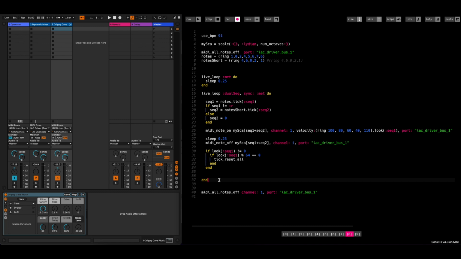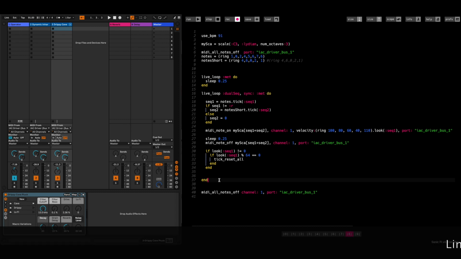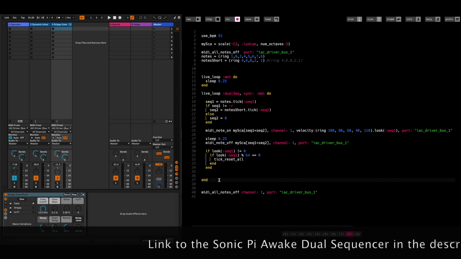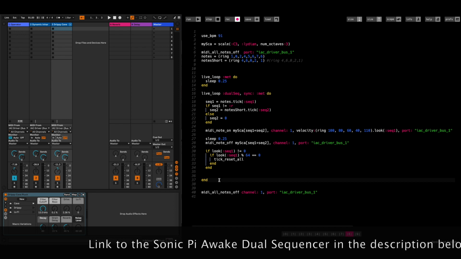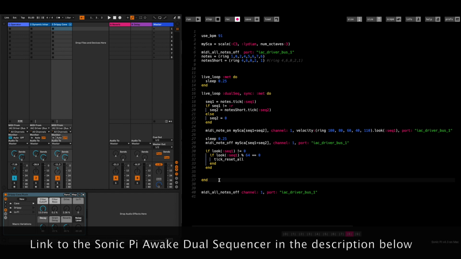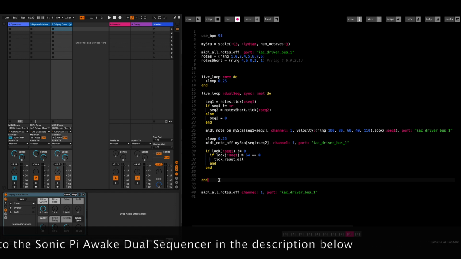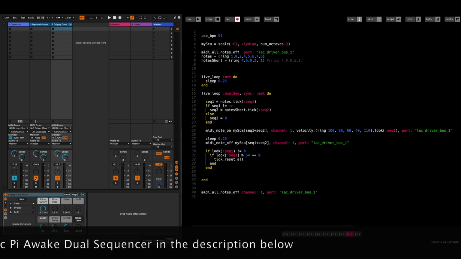Continuing on the idea of using this dual sequencer, there's a link in the description below to the previous videos. In those videos, I used the dual sequencer with Sonic Pi's synth engine. As you can see on screen, I've got Sonic Pi sitting next to Ableton Live. So the name of the game here, now I'm just going to mute these off,